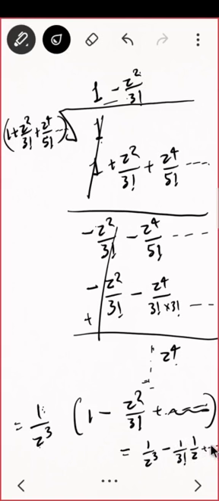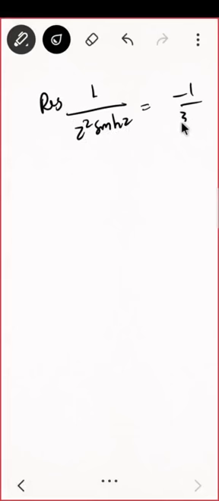That is what I am sure of, because you see here z raised to 4 is there, so for the next term I have to multiply z raised to 4 with something, then I'll be getting the z4 coefficient and that will cancel. So the next terms will be z4, z6 and so on. Correct? So I don't care about them. I was having 1 upon z cube here, so just multiply. The first term is 1 upon z cube, the second term is 1 upon z into minus 1 upon 3 factorial. I wanted to find the residue, so this is my residue, the coefficient of 1 upon z. So the residue of 1 upon z square sine hyperbolic of z is minus 1 upon 3 factorial, that is minus 1 upon 6. That's it.